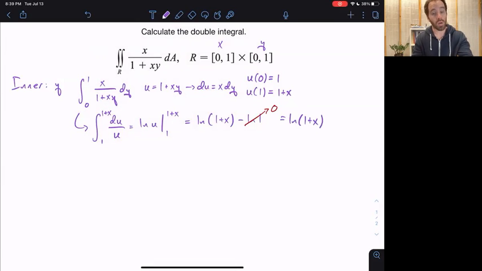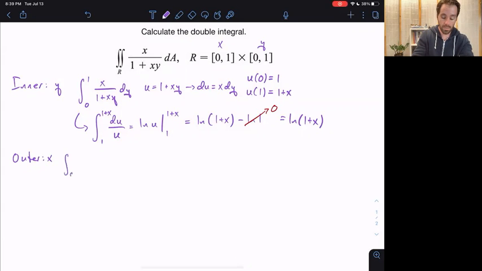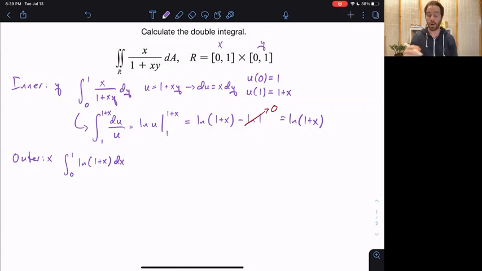This now will be the object of the outer integral. For the outer, we're integrating now with respect to x. So we did the dy, now we're doing the dx. X goes from 0 to 1, that's according to this. So integrating ln of 1 plus x dx from 0 to 1,